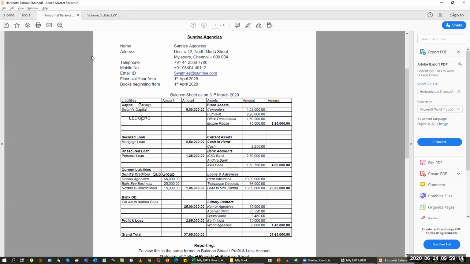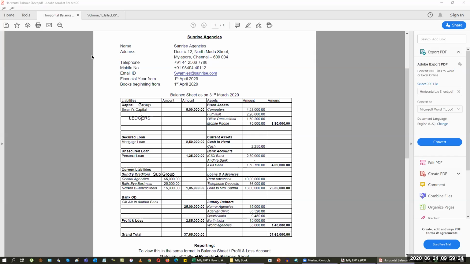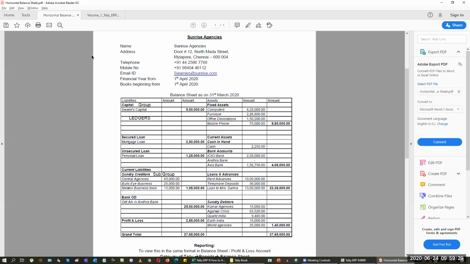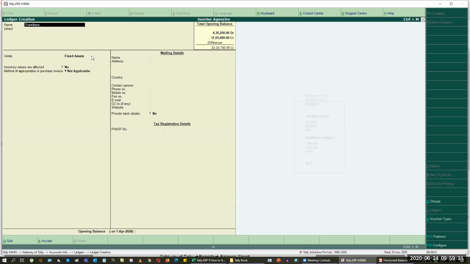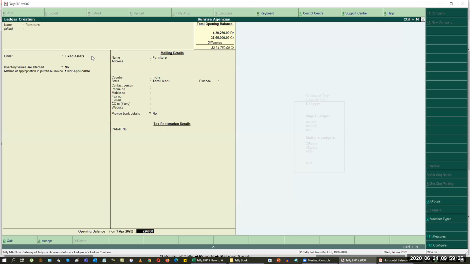Now I'm going to add the other side of my balance sheet. I've already added the cash here, so I'm going to add the rest of the ledgers. You can continue from where you have left off. You don't want to come out of the screen to feed the values again. So you can just start typing your balance sheets here. If it belongs to one particular grouping, you can just directly jump to the last line of your screen, so that saves a little more time.